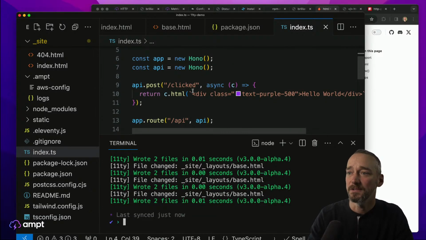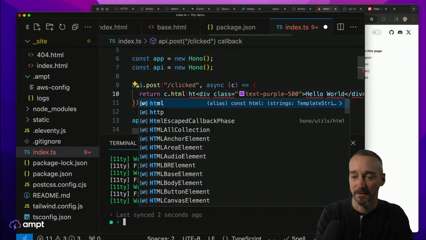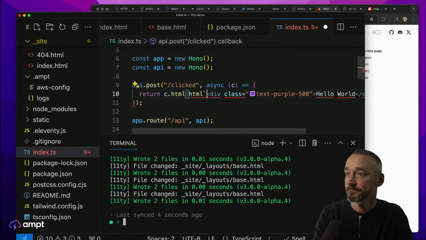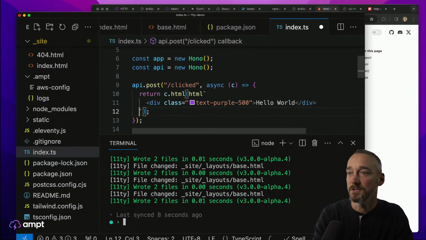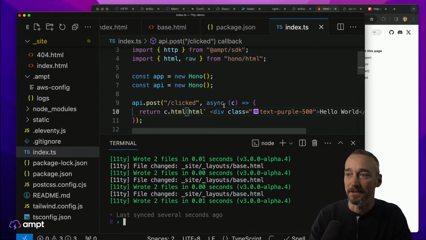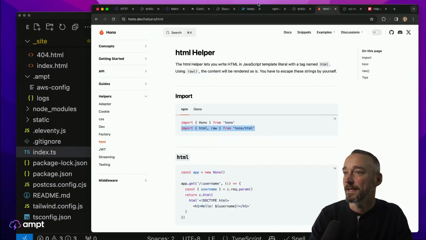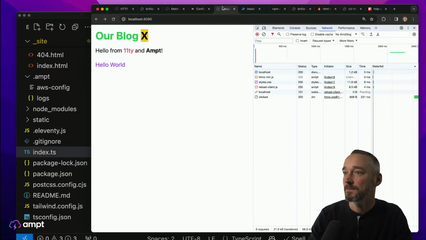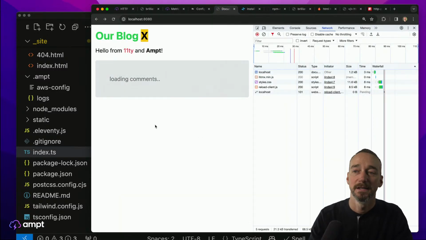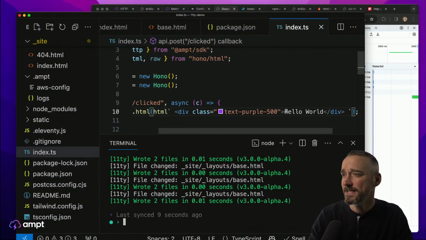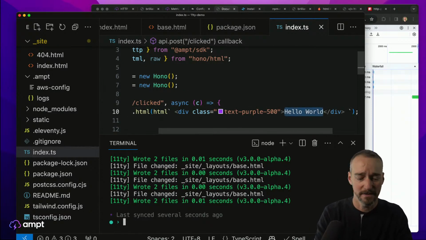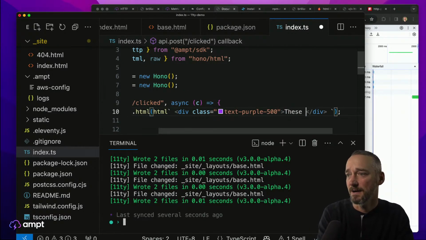And then what you can actually do is, rather than having to suffer through not being able to format the HTML, you can just use that little HTML helper, and now everything's a little bit cleaner there. If we were to go ahead and run this again and refresh this, this will still spit the HTML back to us. So let's say that this was, I'm going to do this though. So these are our comments,